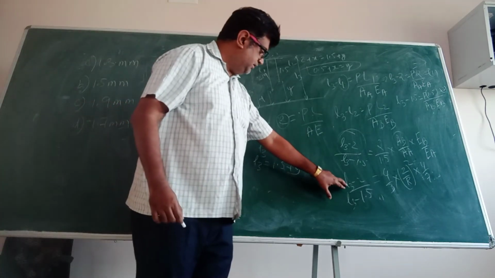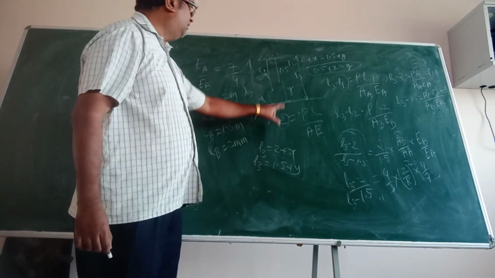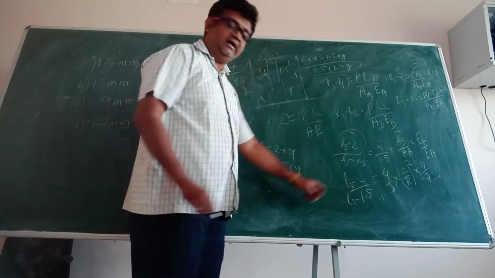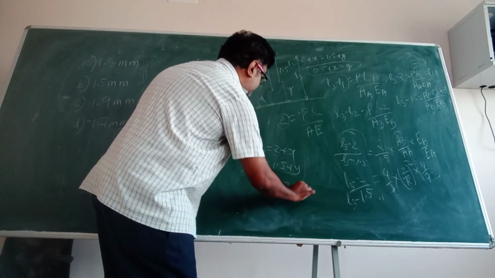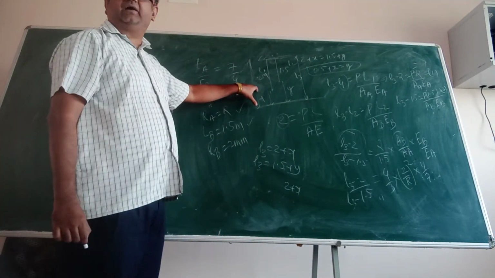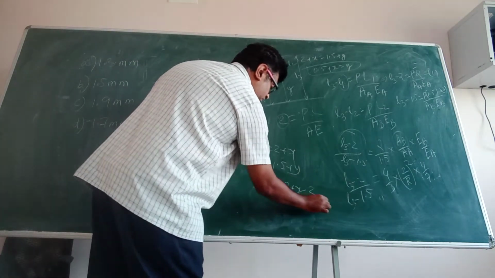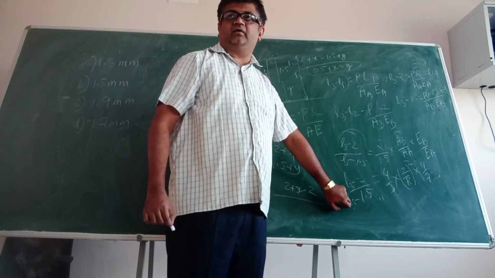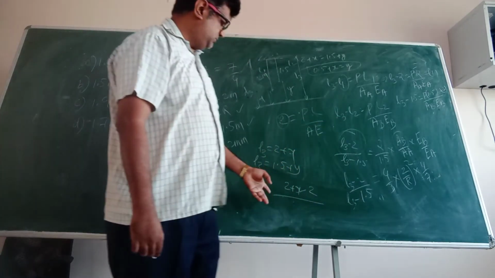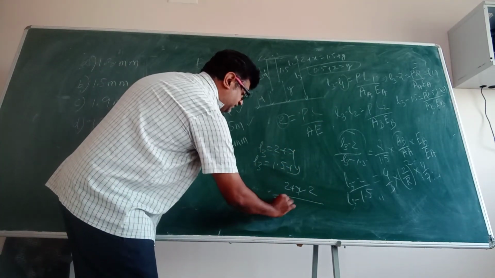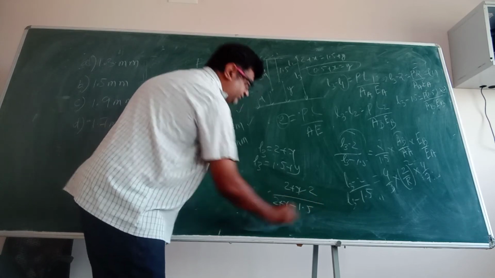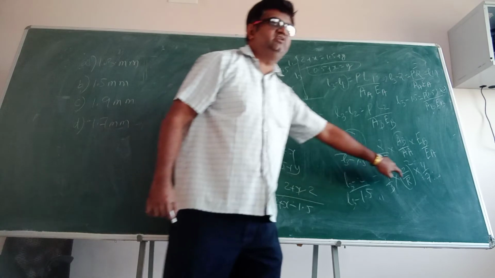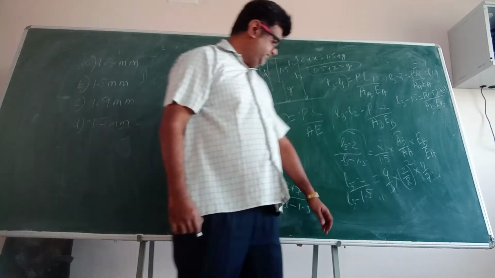Because you see, this L3, how can I write? If I choose to write in terms of x, I can write L3 as 2 plus x. Am I right? Based on this diagram. Minus 2 divided by, this is in terms of y. I will convert in terms of x only. So I can write 2 plus x minus 1.5. Can I write it like this? Is equal to this much. Okay?